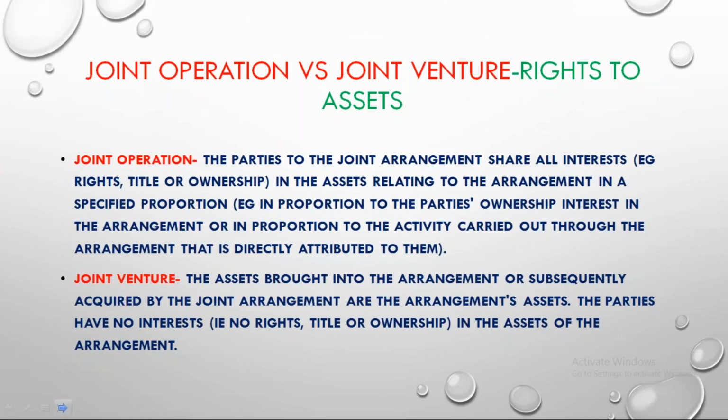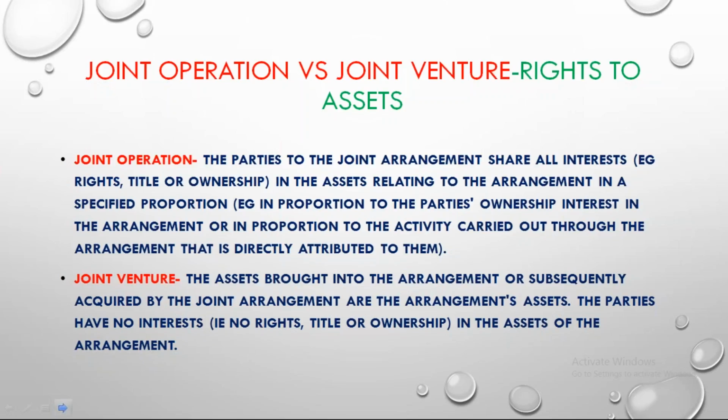Unless the company goes bankrupt and goes for liquidation, you can't claim half of the rights or whatever it may be. You can claim one third of the profit or half of the profit, but not the assets. That is the difference. In the joint operation, there is no separate legal entity, and therefore the joint operation is like a partnership. So all the assets, liabilities, everything, everyone has the same equal share.